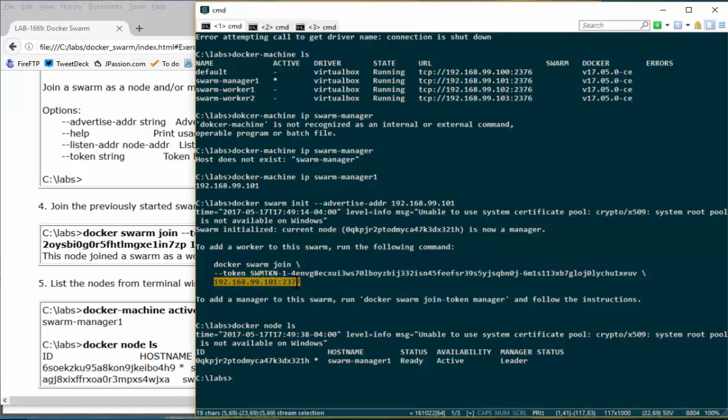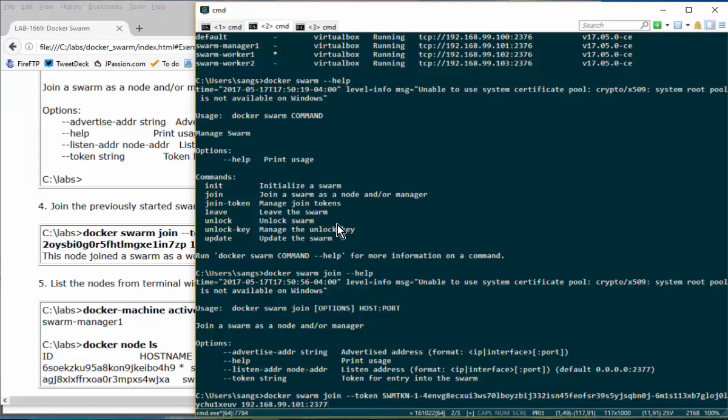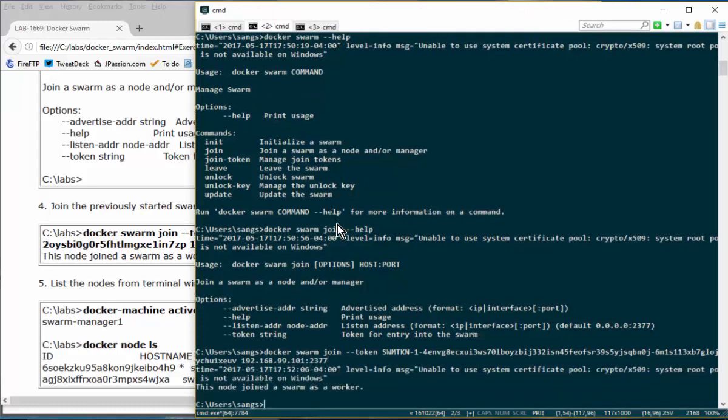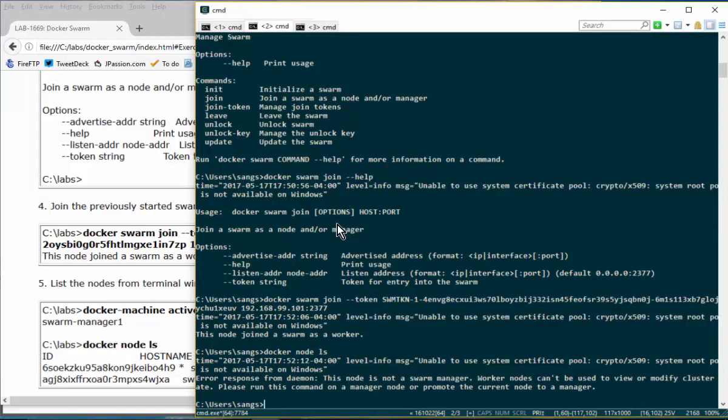Okay, like this. I'm going to copy this and run it here, so I'm joining the swarm. Now if you say docker node ls, you're going to see, oops,